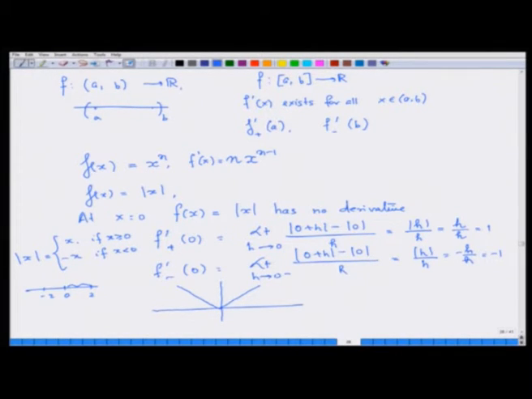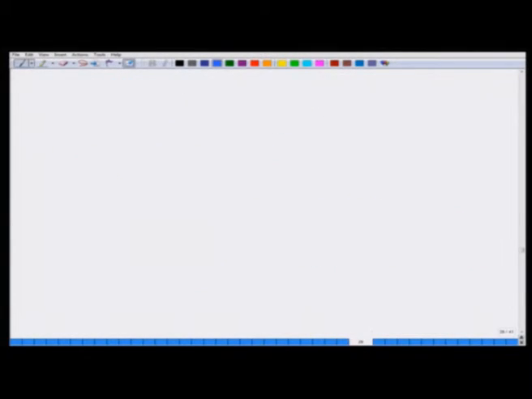There is an interesting idea called the symmetric derivative. This is just for an idea I am talking about. I am really not going to deal with it much. It is called the symmetric derivative. So, the symmetric derivative at x is given as follows: limit h tends to 0, f of x plus h minus f of x minus h. So, I am looking at the two endpoints, both movement, this side and that side, divided by twice of h.